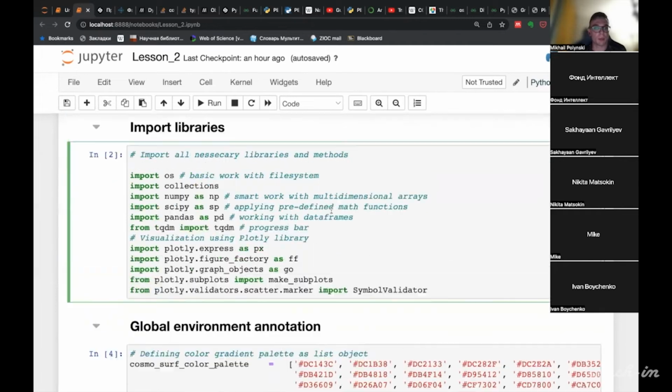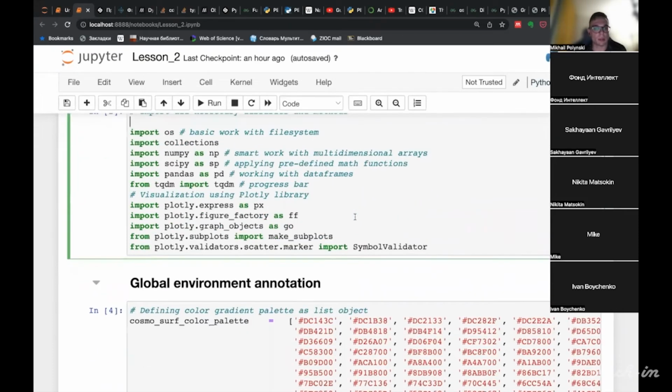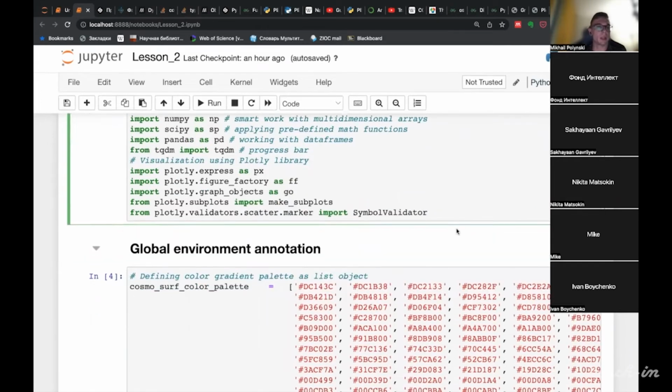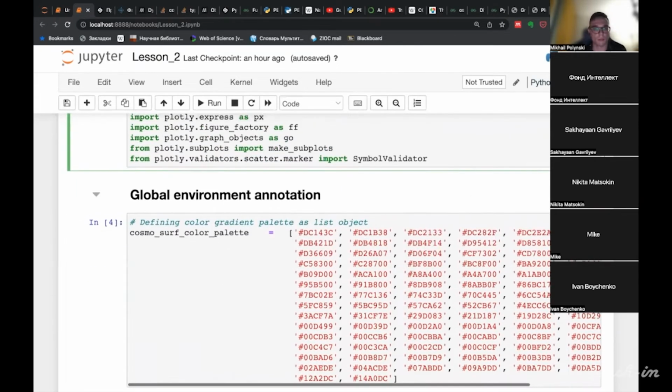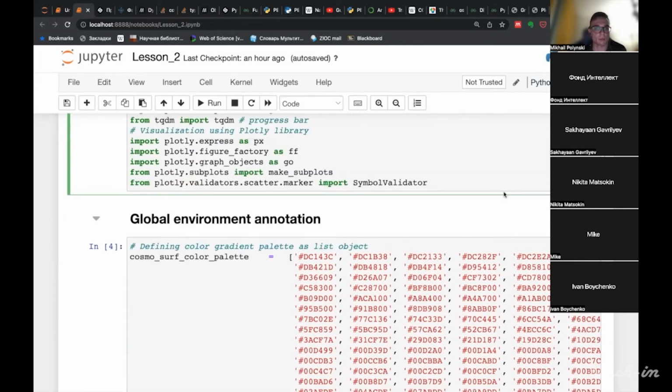So we begin by importing all necessary libraries, including NumPy, SciPy, Pandas. And also, we are going to use the Plotly library. So we should import, for example, Plotly Express, etc.